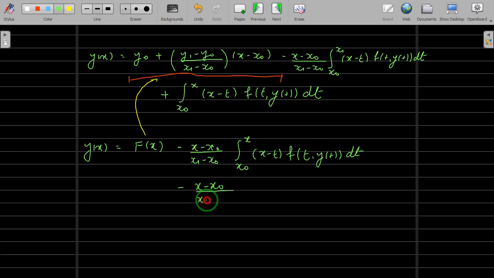In short, you are just splitting the integral, and then this will be from x to x1, and same thing, x minus t f of t